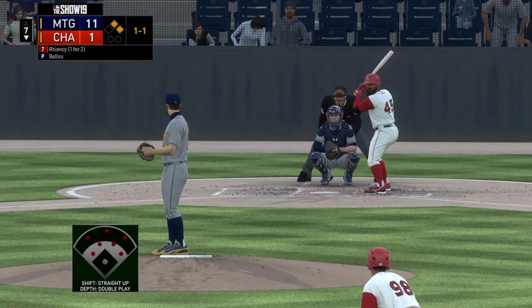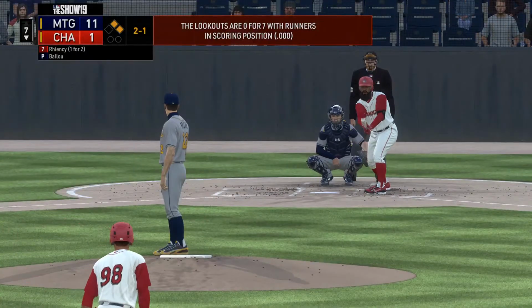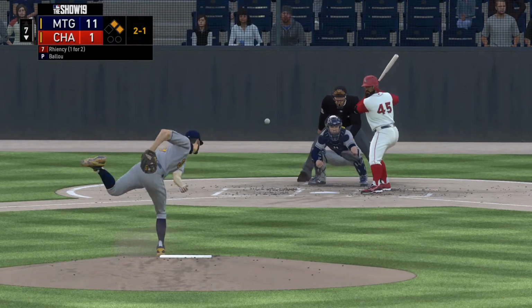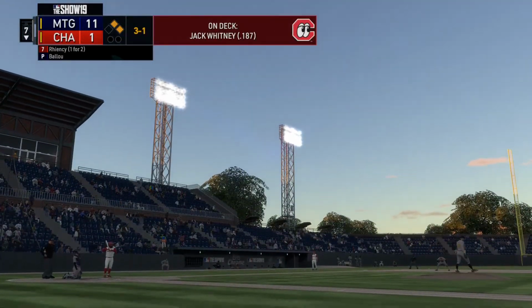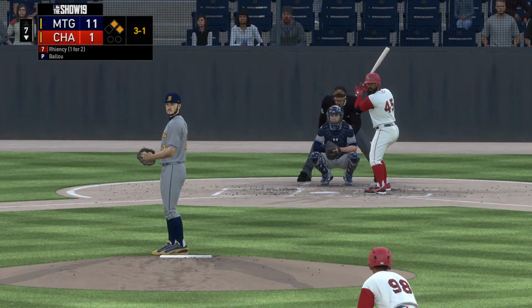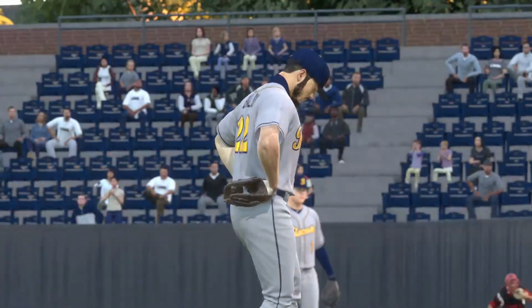Shortstop. Digging in to try it again, Louis Rienzi, 1 for 2 with a double on his line thus far. Fastball close, but he didn't get it. 2-1. A lot of times you see guys get too aggressive and try to do too much at the plate with guys on, but right here he's doing a great job of waiting on the right pitch. Got himself ahead in the count now. The 3-1 pitch. And that misses. Ball 4,